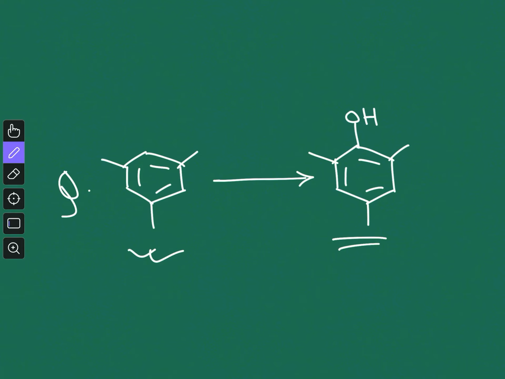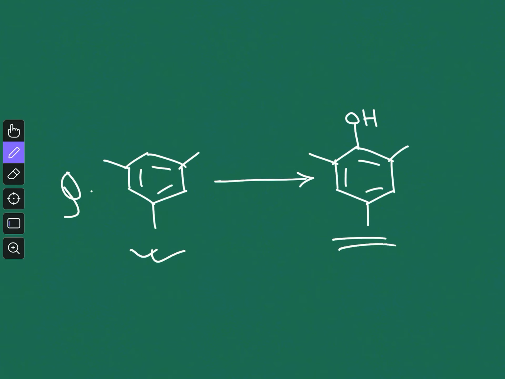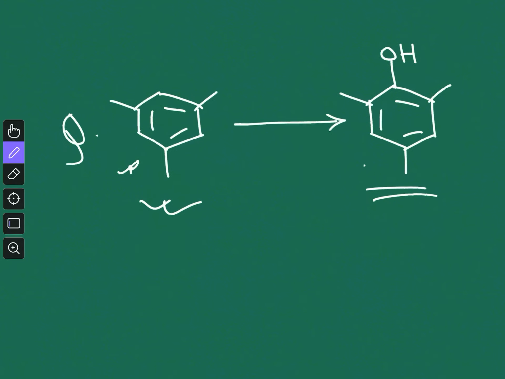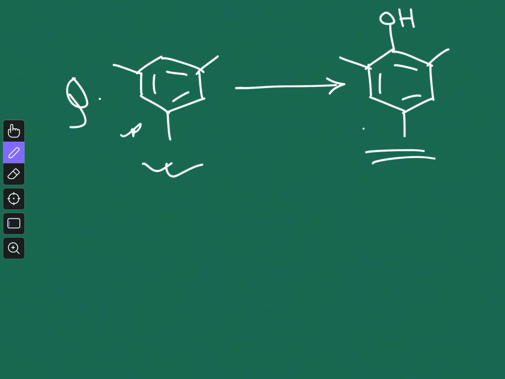I will give you more of this type of questions. First think a little bit and let me know in the comment section which reactions you can utilize to convert this particular molecule, the mesitylene, to this phenol derivative. One hint I can give you is that one of the steps involves ester hydrolysis, and that's why I picked this question, because nowadays I am talking about ester hydrolysis in my previous two videos. So if you pause this video here and think and let me know in the comment section what the answer is. Now let me solve this question for you.